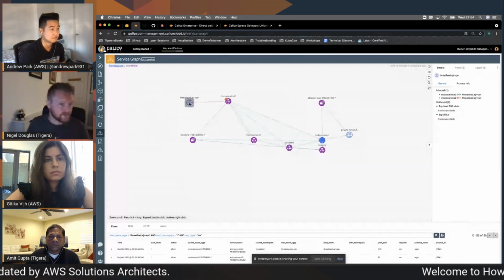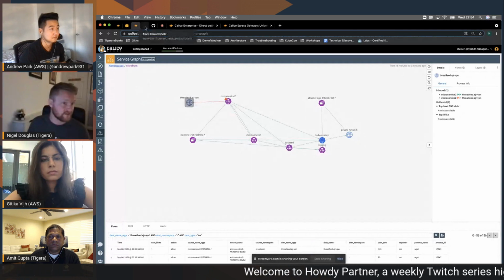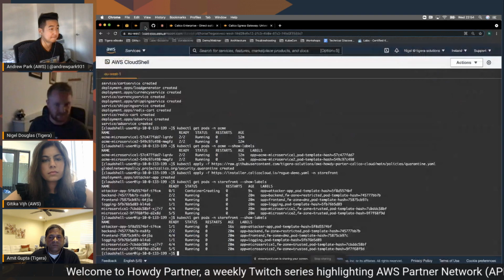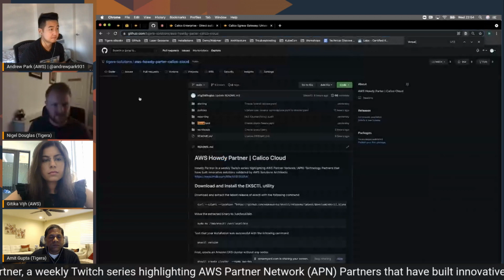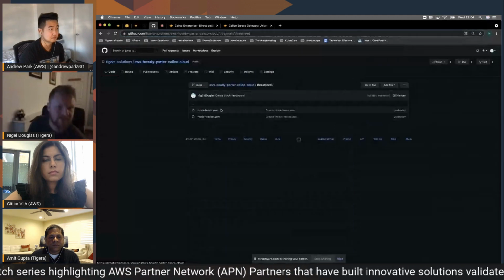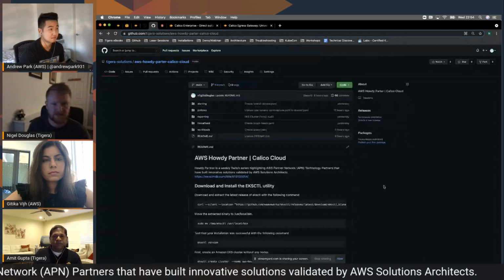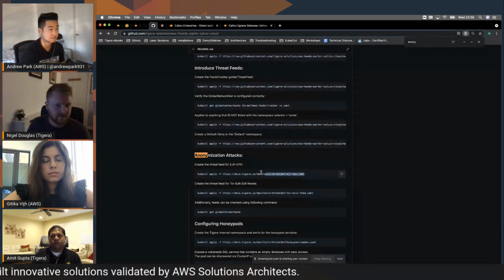And for those who are interested in IDS, IPS capabilities, the first bit here that's really cool is our concept of threat feeds. So I'll just go back in here and we'll go to threat feed just to show the example. I can actually open up the YAML manifest here, and we'll pick on, actually, I'll go back to the anonymization section. Yeah, so you can see here, I've got this Tigera VPN.